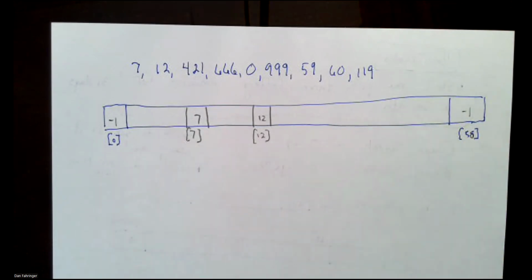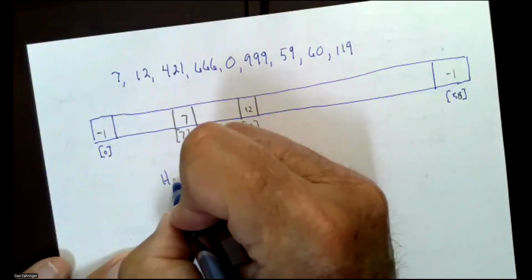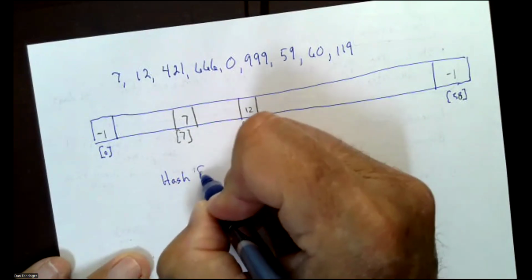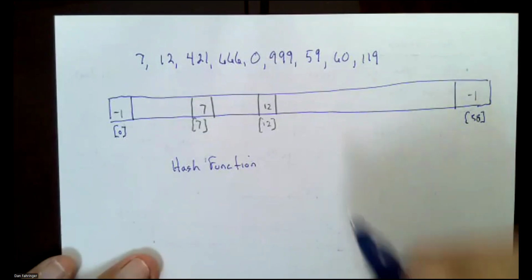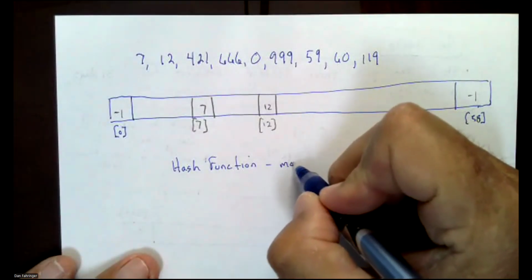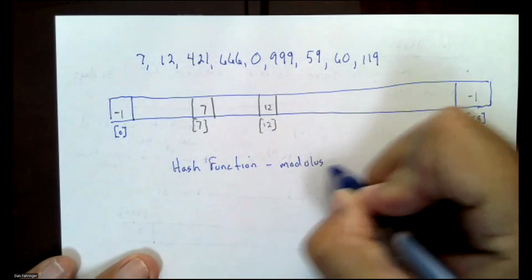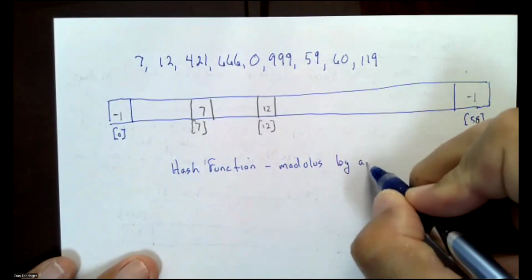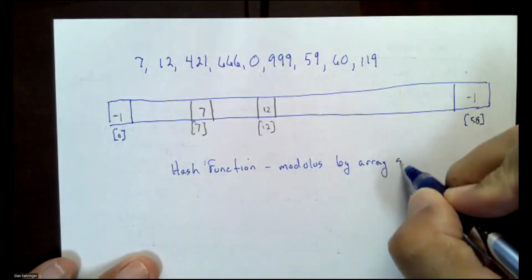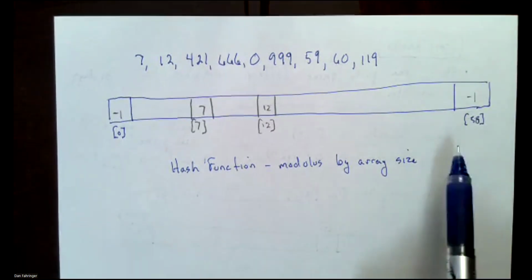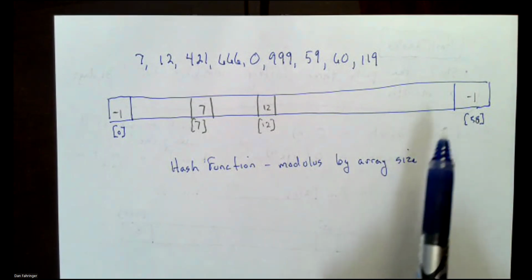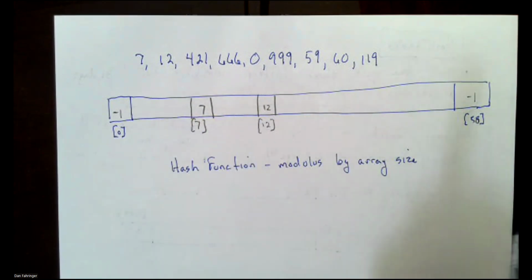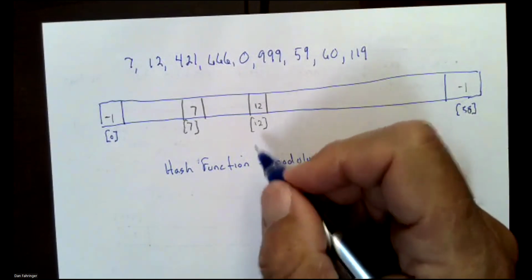So now I need to put 421 somewhere. So now what I'm going to do is create a hash function. And the simplest hash function is to do a modulus by the array size. And this is where it became important to pick a number that was a prime. Because when I do this, I'm going to get a unique. So if I do for this function